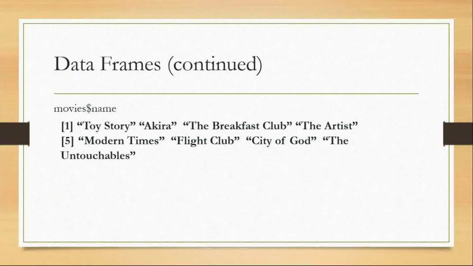We can select the values of a particular variable or column. So here we are trying to display the values of the first column, that is name. So we know what this means, right? So in the row position, we have not given any values, and in the column position, we have given 1. So all values in the first column will be displayed. That is, all the values in the column name will be displayed.